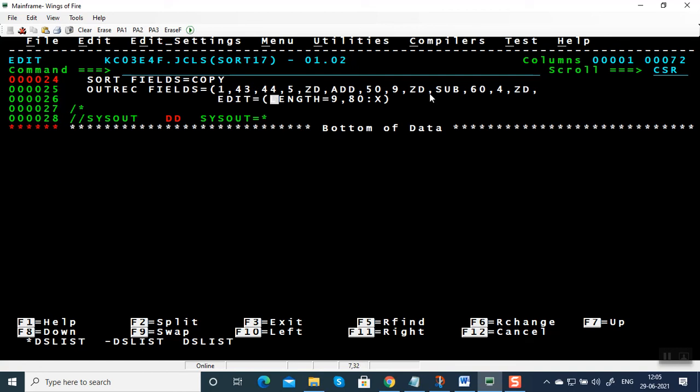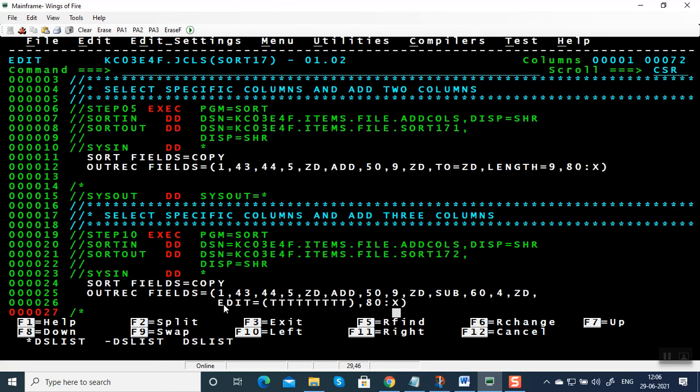EDIT also is used for converting or specifying the length. Instead of giving TO=ZD, LENGTH=9, you can still give EDIT=(TTTTTTTTT). It means we are converting into ZD and 9 bytes in length.